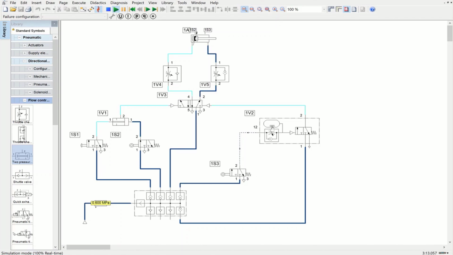Once it is at full capacity, it passes the air to this pneumatic actuation, and as I said, this directional control valve will pass the air to this pneumatic actuation, and it will shift the direction of the double acting cylinder, and it will return back to its initial position. This is how a time delay valve can help us to have a certain amount of delay for an operation